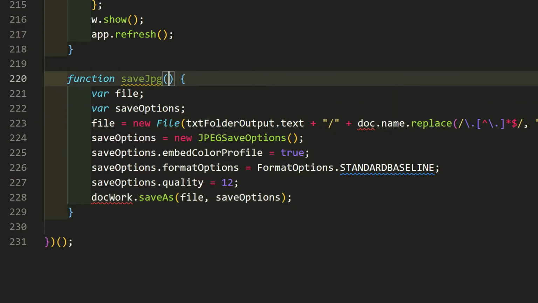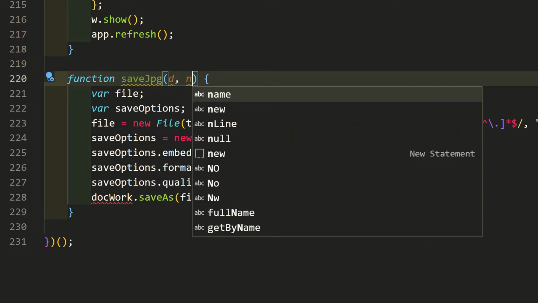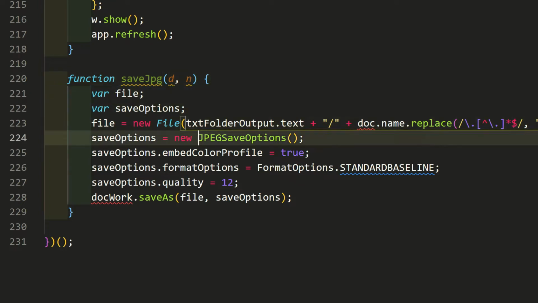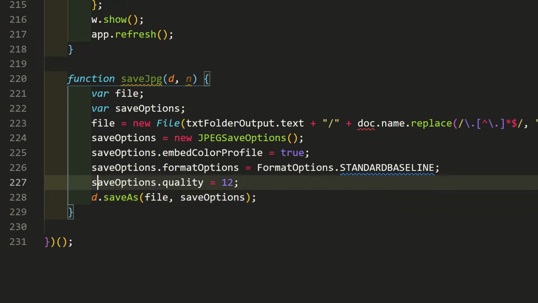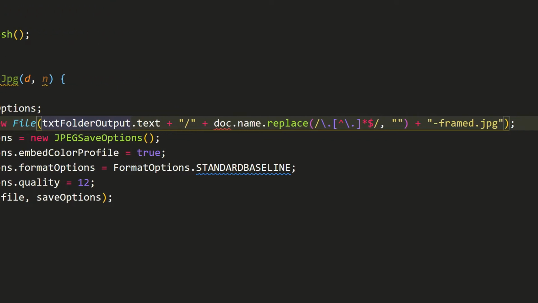Add to the function declaration the arguments d and n for document and name. Then docWork becomes d. For name, it will be the base name, meaning the name without extension. As you'll see later, the extension varies depending on the file format, so we'll add the extension here.